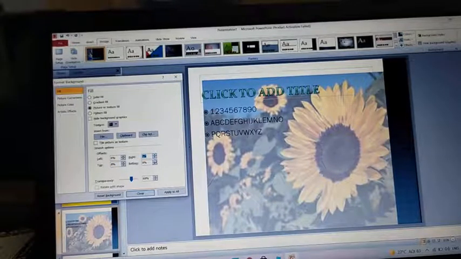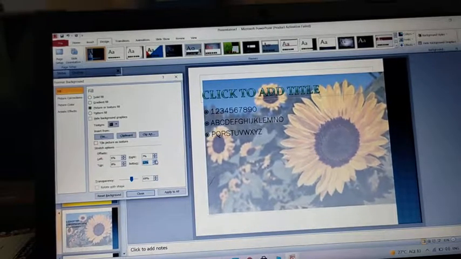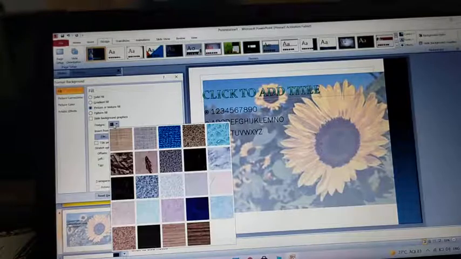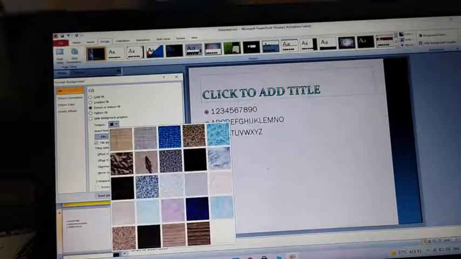How much space we want on the edges of the picture, that also can be decided here. This is how we add the picture and texture effect.